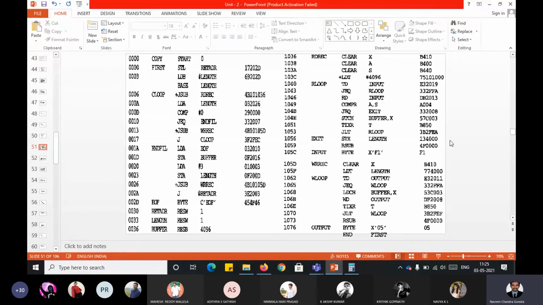Students, did you understand this for this STX length? Yes, sir. Okay, so that's how I told you that this STCH buffer comma X is a PC mode, and STX length